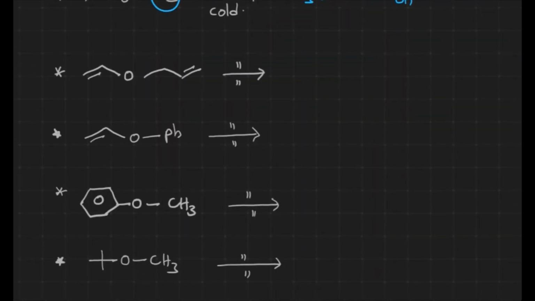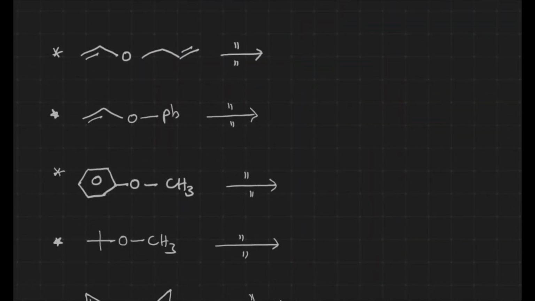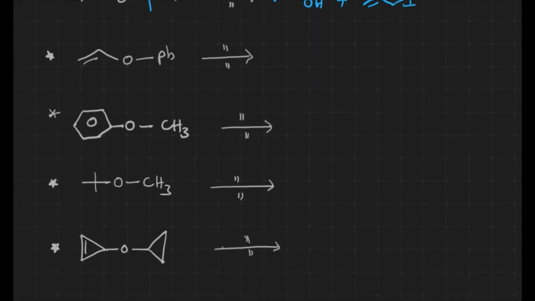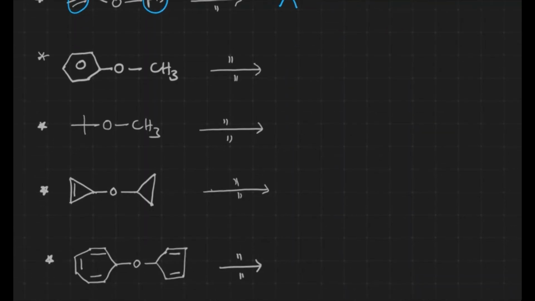Okay, now we have vinyl and allyl ether. Now we have a vinyl group and an allyl group. The vinyl group does not get involved in the nucleophilic substitution reaction. That's what happens. This part is involved in the nucleophilic substitution reaction. Vinyl alcohol formation takes place, and allyl iodide formation takes place. Now we have divinyl ether or diphenyl ether, which won't undergo nucleophilic substitution reaction. Here vinyl and phenyl groups are there. They won't undergo nucleophilic substitution reaction. That's why we won't expect any kind of reaction over there.